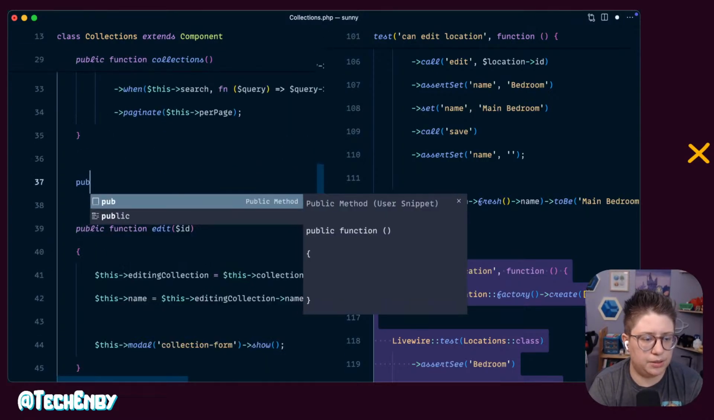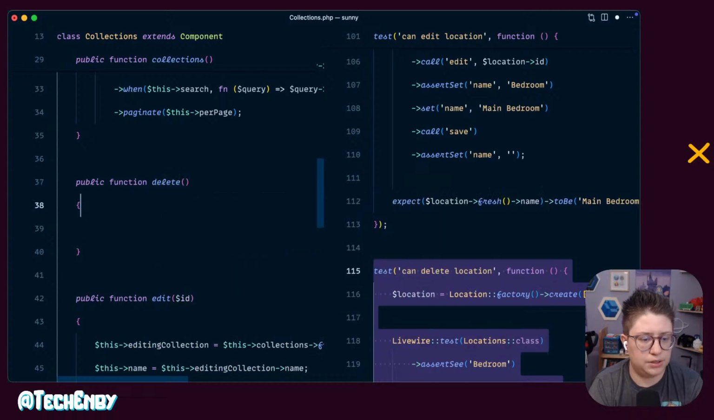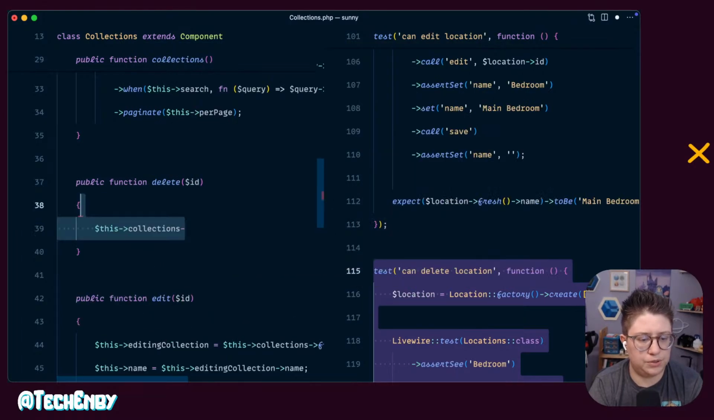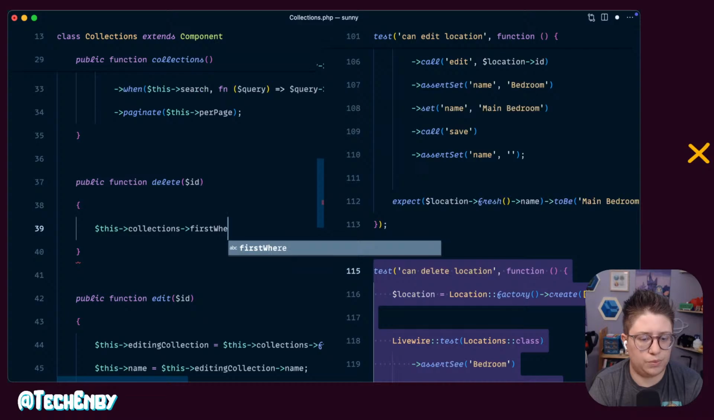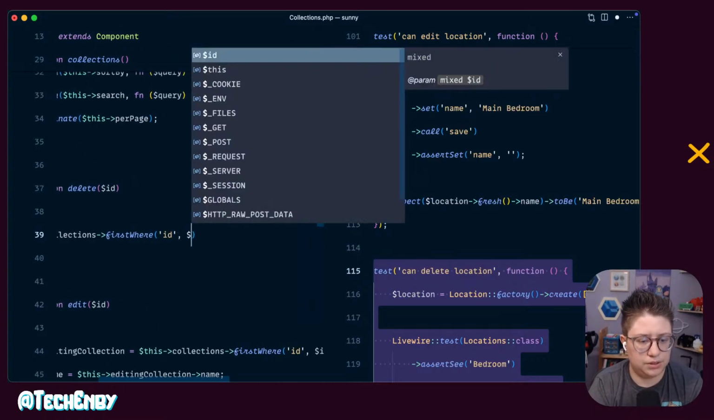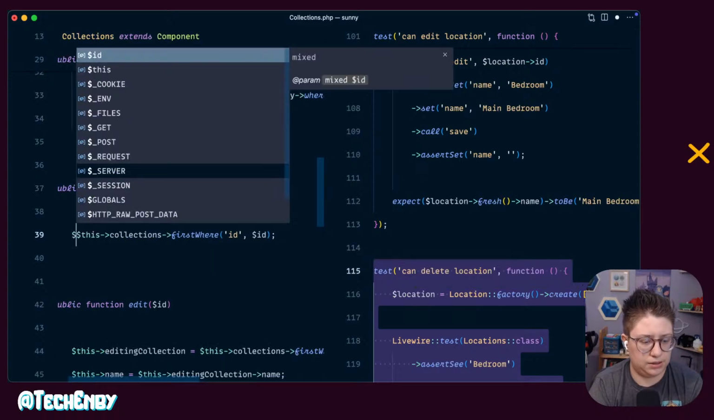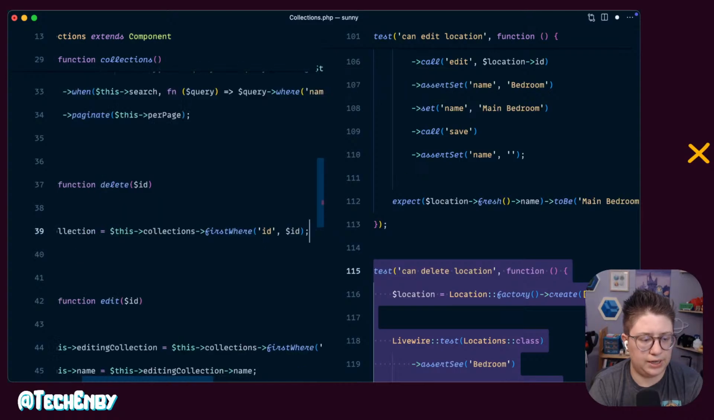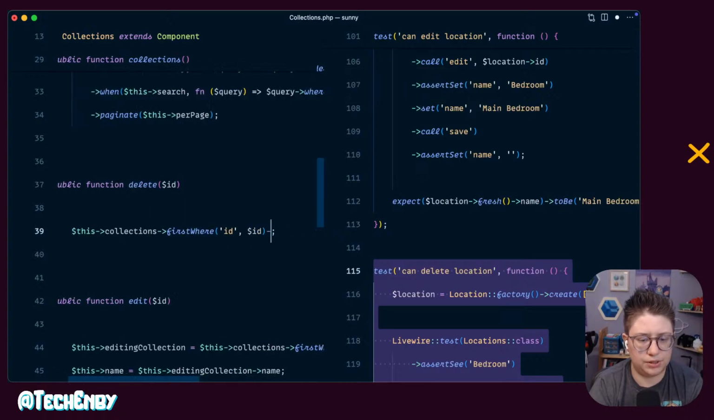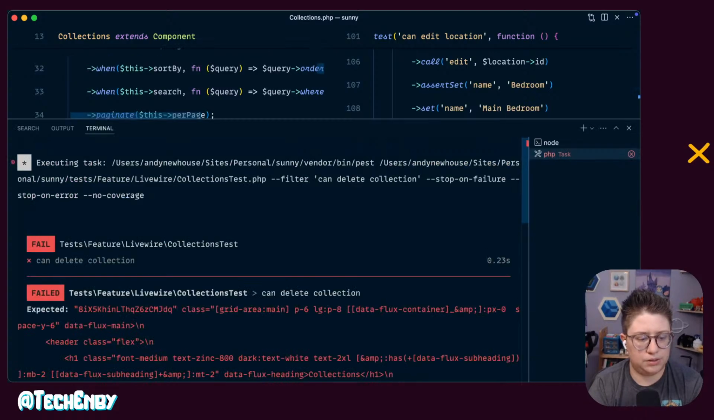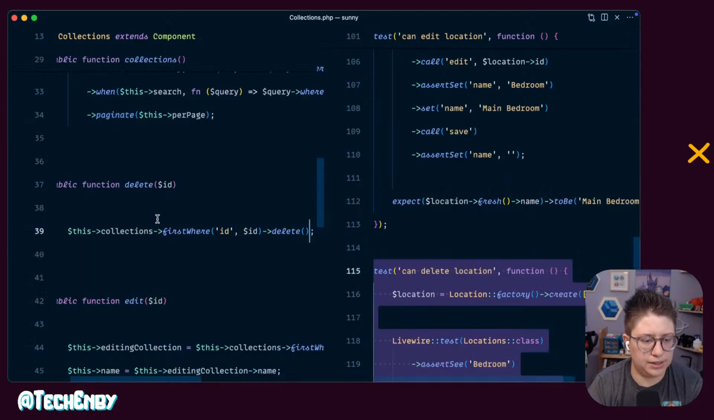Delete, public delete ID, this collections, oops, first where, please ignore my dogs, ID, collection. I don't need a variable, I can just run delete. Okay, it didn't